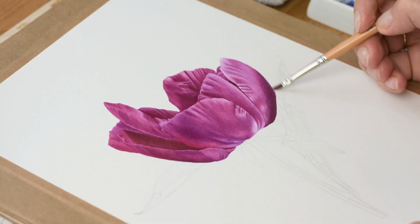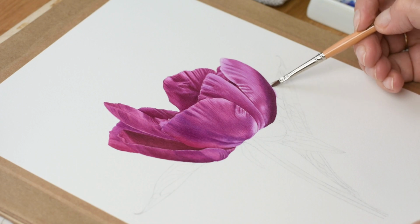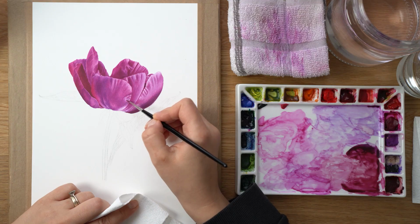Of course, cleaning my little spill here, and that's it. So that was it for the flower head, and next time we're going to be painting leaves and